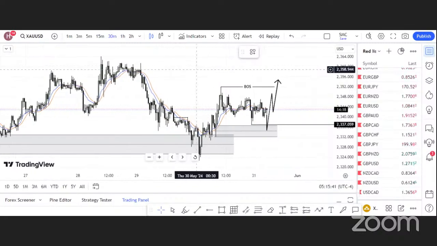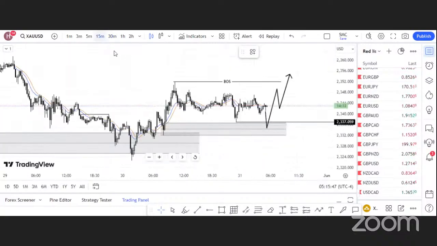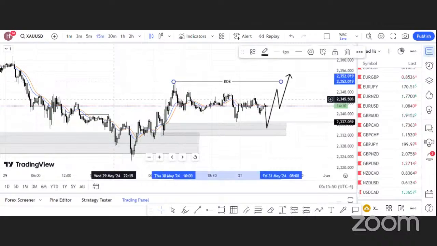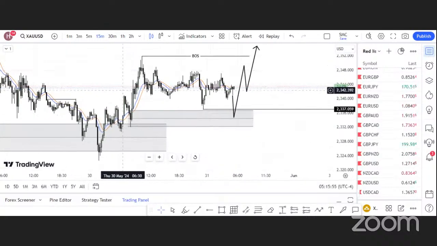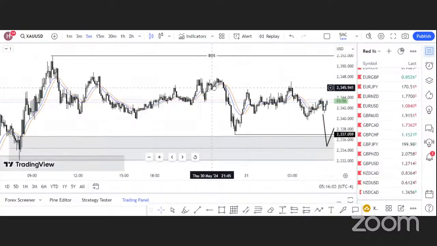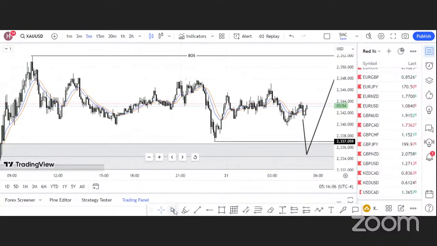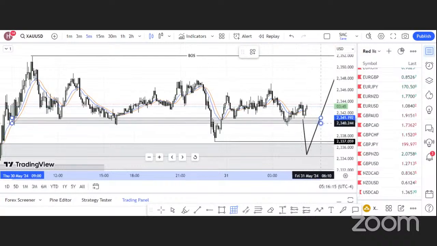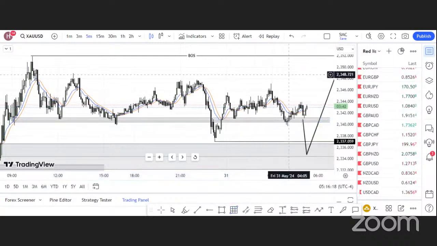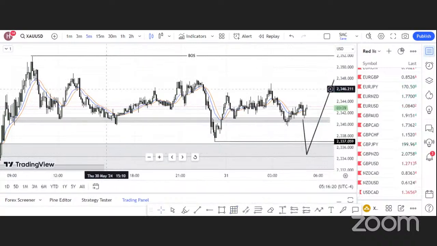Right, so we have analysis on XAUUSD, but we're not going to place any trade right now because the market is still in a consolidation phase. All right. Let's go down to the lower time frame. So since the consolidation is happening on the higher time frame, I think we can look for entry opportunities on the lower time frame. So we are currently on the 5 minutes time frame,